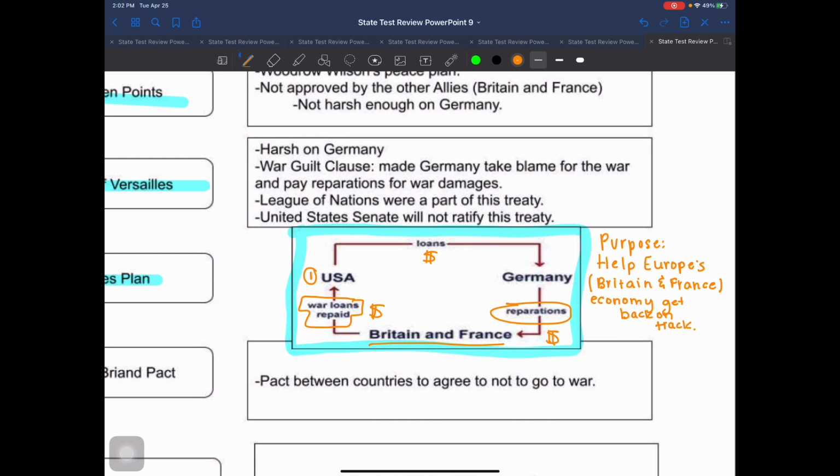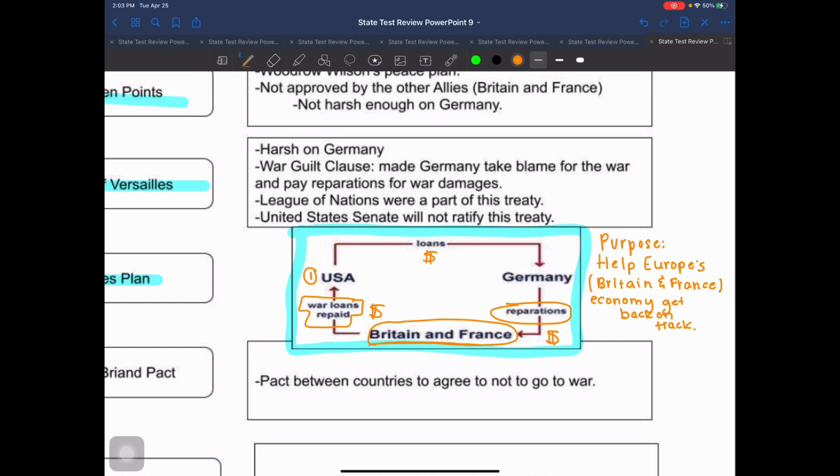To be honest with you, there was a selfish motive behind this. The main economies that we're worried about in Europe are those of Britain and France. Britain and France were heavily damaged financially, and physically for France, by Germany in this war, and their economy is really going to be struggling when the war is over if they don't get these reparations from Germany.